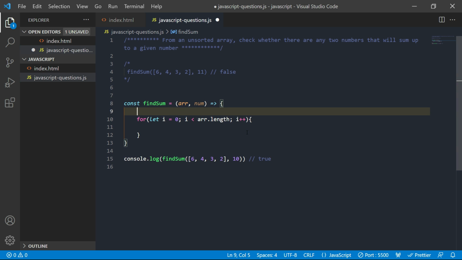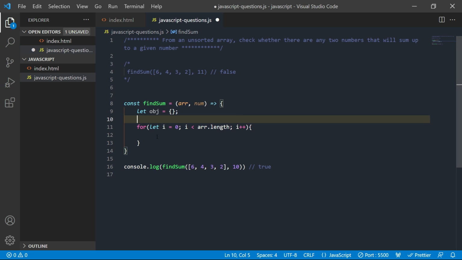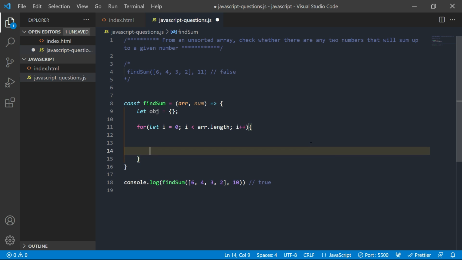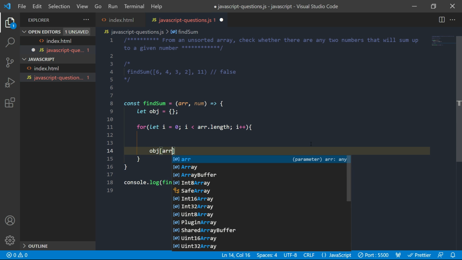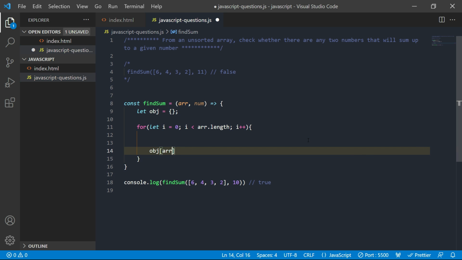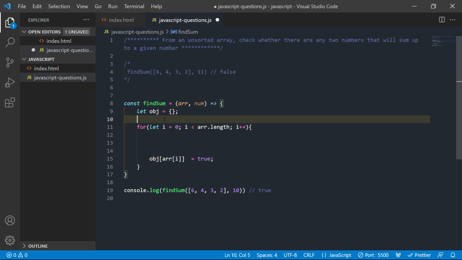So how it works. Let me take an empty object, and in this loop I'm going to add object of array of i is equal to true. So I'm going to add every element into this object as a key with value true, right? And also let me take another variable, difference.